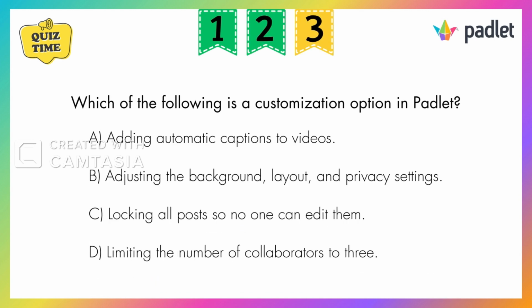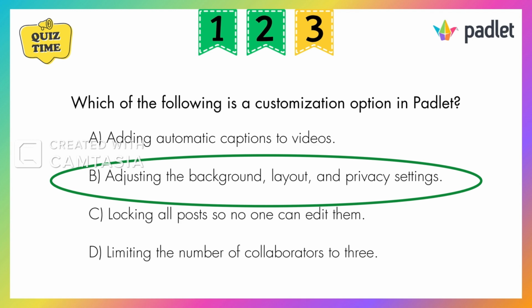And our last question. Which of the following is a customization option available on Padlet? A. Adding automatic captions to videos. B. Adjusting the background layout and privacy settings. C. Locking all posts so no one can edit them. Or D. Limiting the number of collaborators to 3. The correct answer is B. Adjusting the background layout and privacy settings. Padlet gives you full control over how your board looks and who can access or edit it, making it flexible